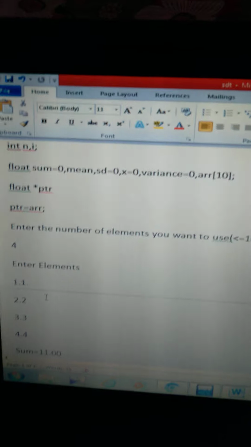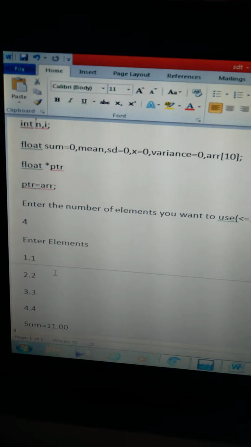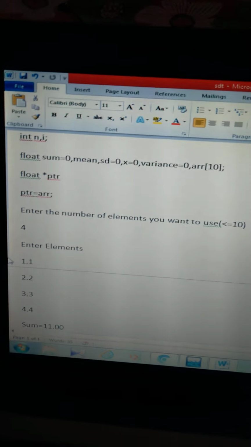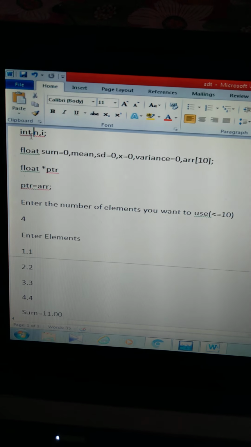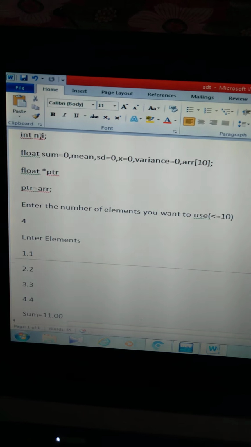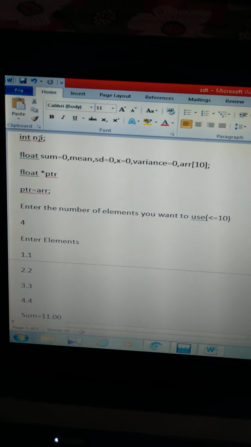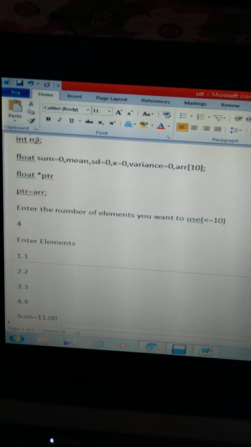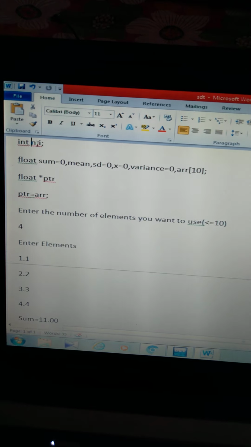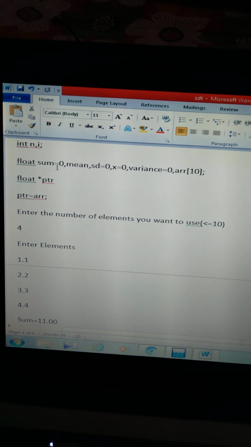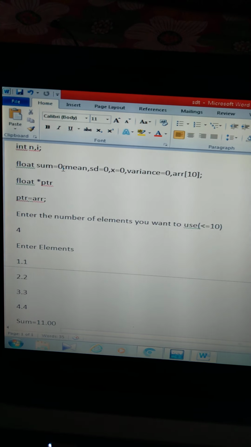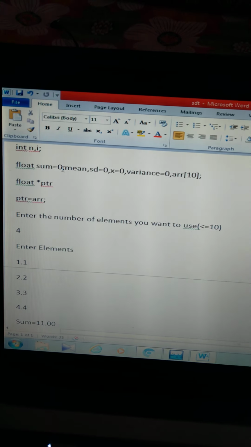After the header files in the program, we have to declare the constants and variables we are taking here. First int n, i, that is the number of elements we are taking, the number of values to calculate the sum, mean, standard deviation and variance. Then float, sum is initialized to 0. The initial value of sum is 0, we have to calculate it.